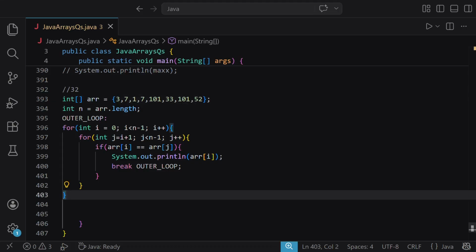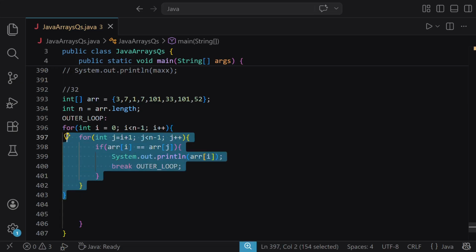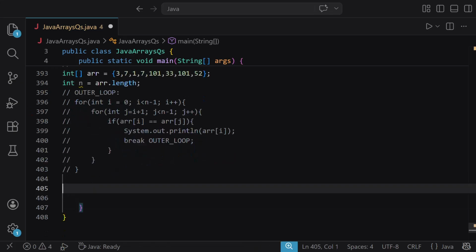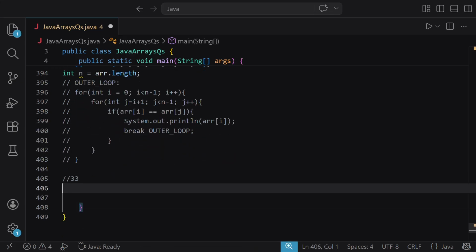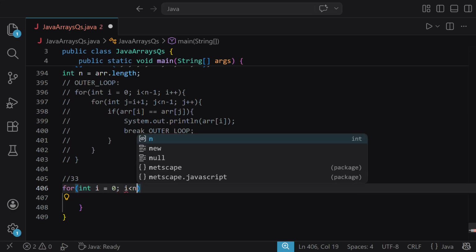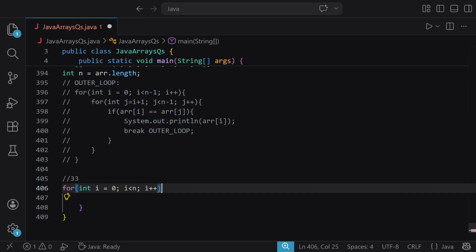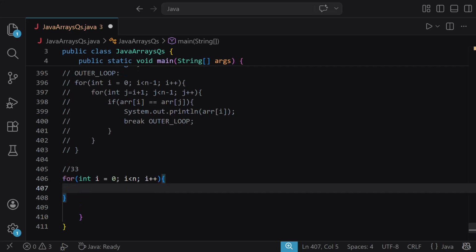So the next question is to find the first non-repeating element. So to find a non-repeating element, we can find the frequencies of the element, and the one with frequency 1 will be a non-repeating element. So we already have the array above. We'll just apply the loop here, and here we'll say